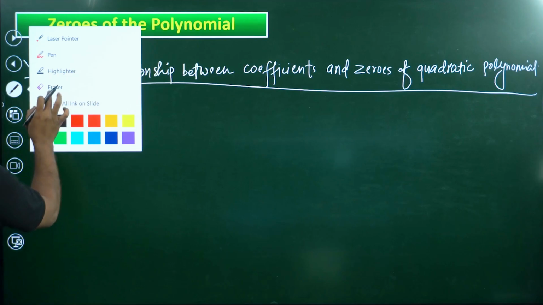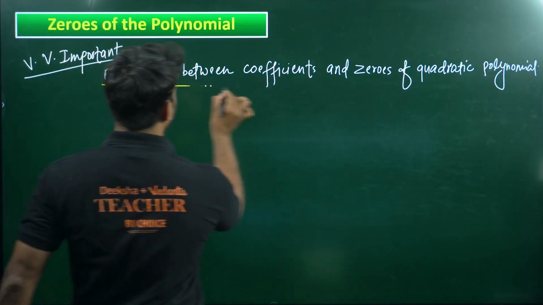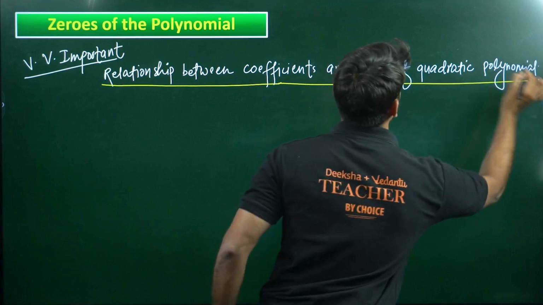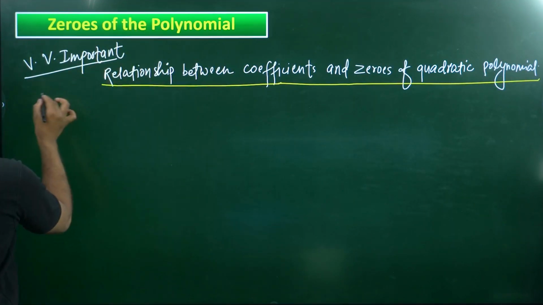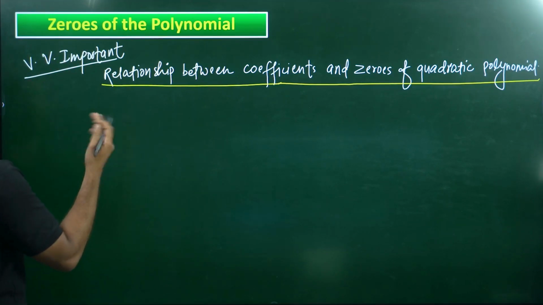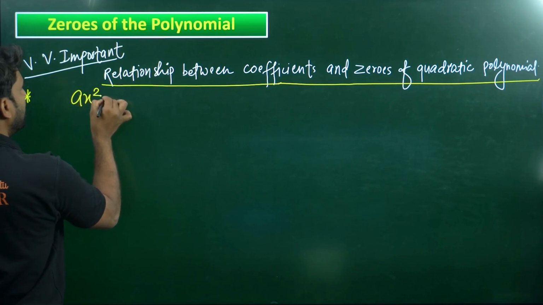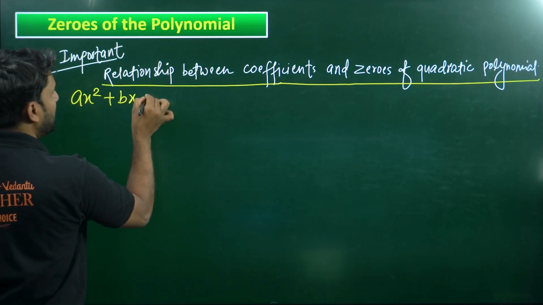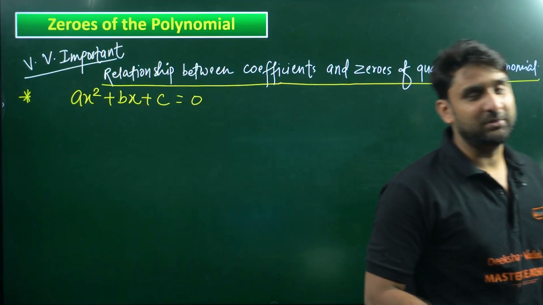Very important topic. Okay, relationship between coefficients and the zeros of quadratic polynomial. What is the relationship between these? So let's take an example. Let me give you the formula first. So if we take a quadratic equation in this form, which is the general format obviously, ax square plus bx plus c is equal to 0,